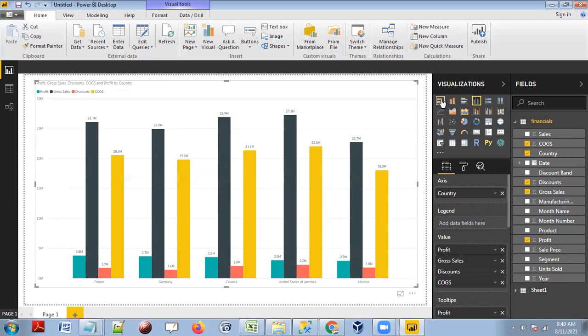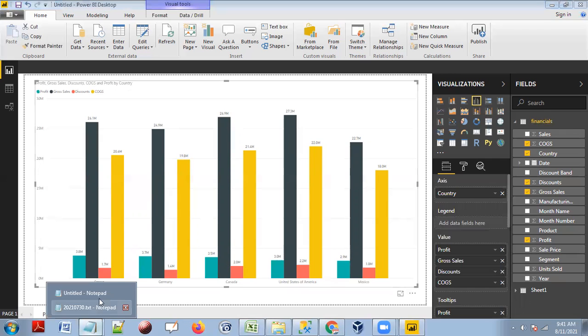We can use a stacked column chart and stacked bar chart to define the same thing, but I don't want to expose all these four facts: profit, gross sale, discounts, and COGS within the same lines. I want to put them in a single bar or single column. That's what we can see in tomorrow's session.